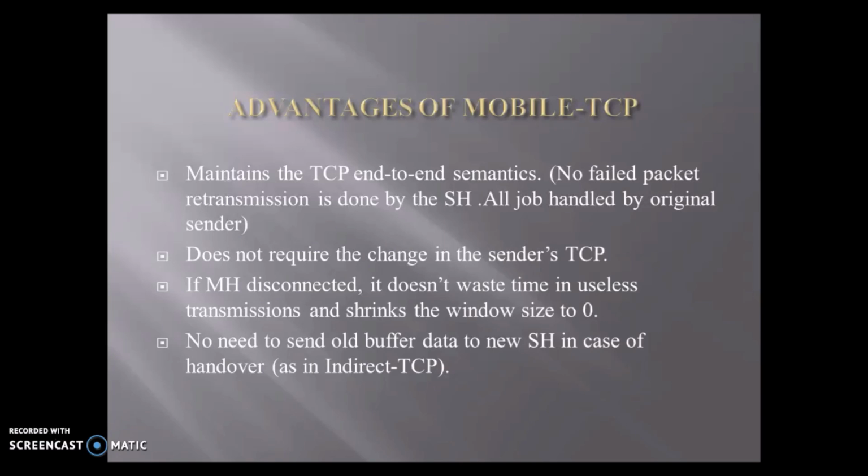The third one is that if the mobile host is disconnected, it does not waste any time in useless transmissions and shrinks the window size directly to 0. And lastly, there is no need to send old buffered data to the new supervisory host in case of handover, as was the case in indirect TCP.